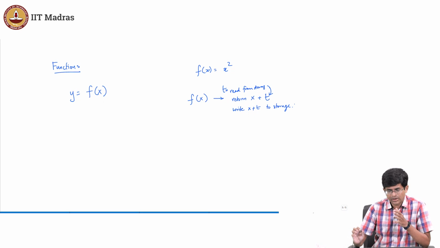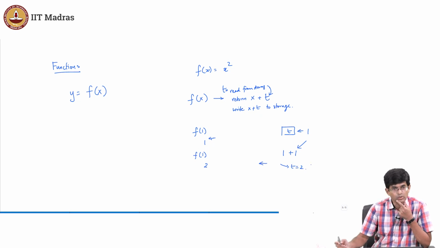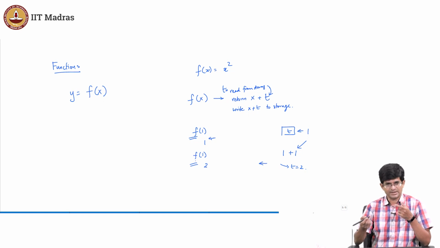Okay, what have I done over here? I have basically said that every time I call f of x, the answer is going to change. The first time I call, let's say f of 1, I have this t out here, which will take the value 1, and I will also get back an answer 1. But the next time I call f of 1, I will take this 1, add it to x, and I will return 2, and I will also write t is equal to 2. In other words, this first f of 1 and the second f of 1 can give me different answers.